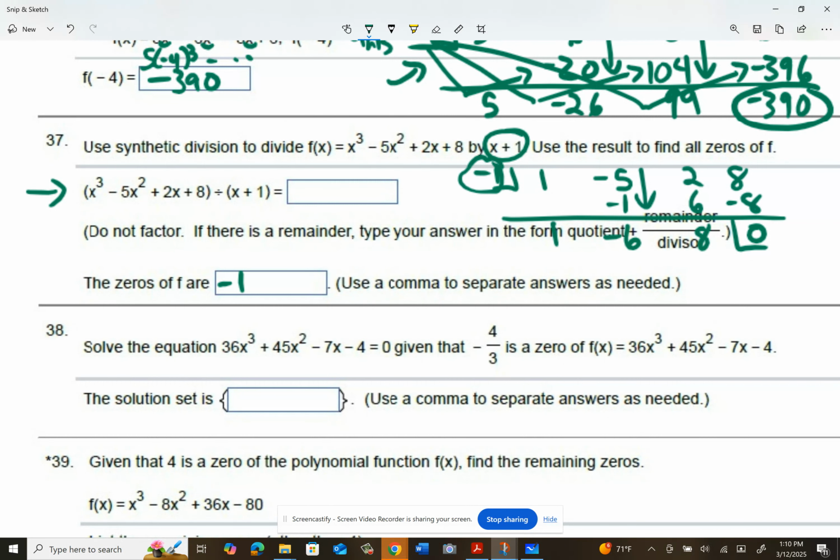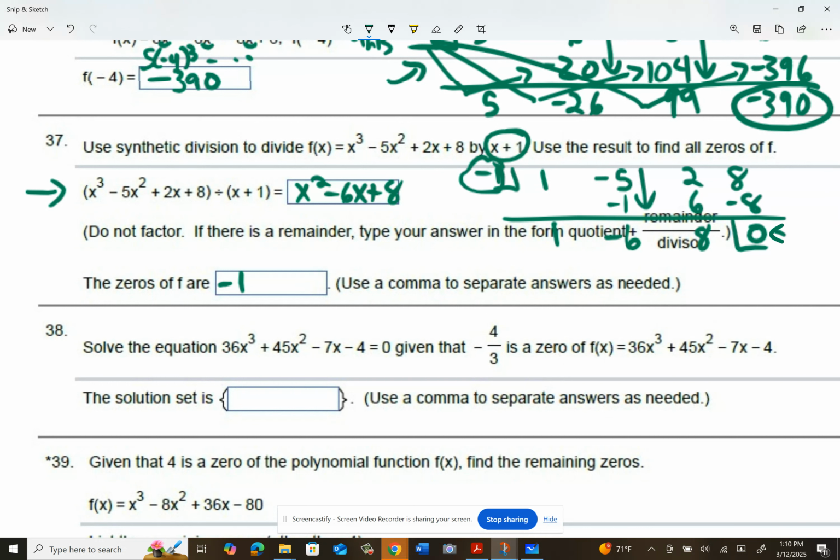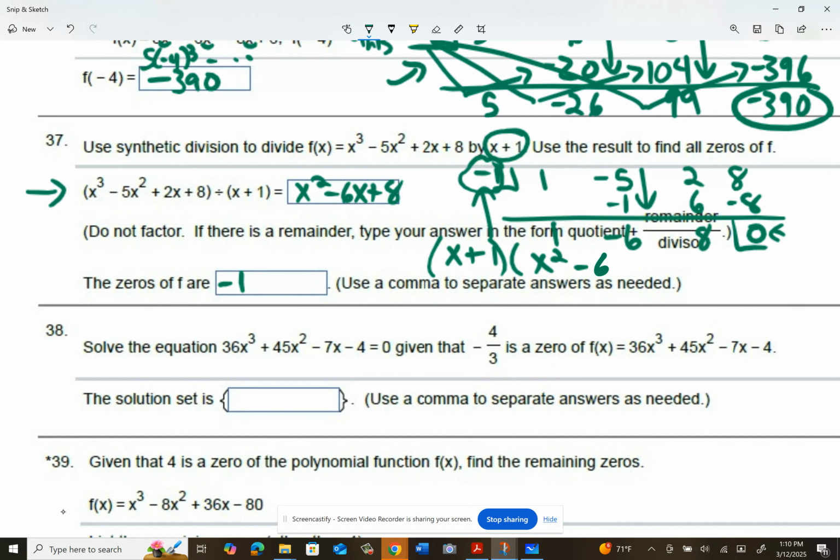All right, now what they want in the box is the fact that this turned out to equal x squared minus 6x plus 8. They're trying to get at the idea that when you use synthetic division and your remainder turns out to be 0, then the x plus 1 factor really was a factor of the polynomial, and then your result, the x squared minus 6x plus 8, is the remaining factor. Okay, so now that we know that,